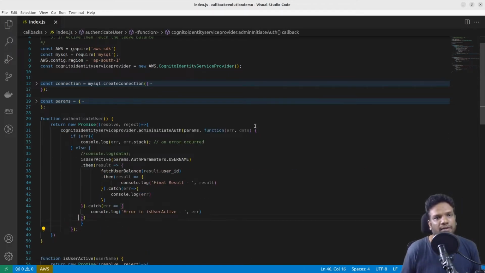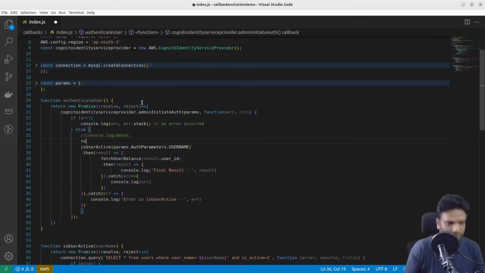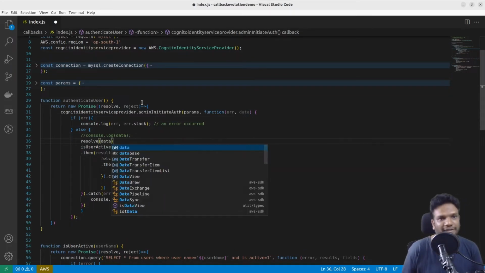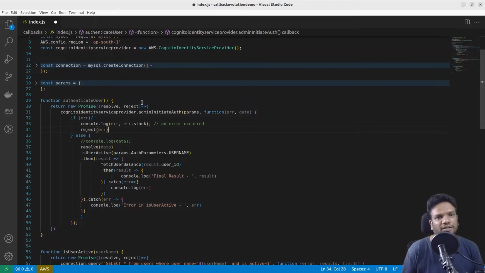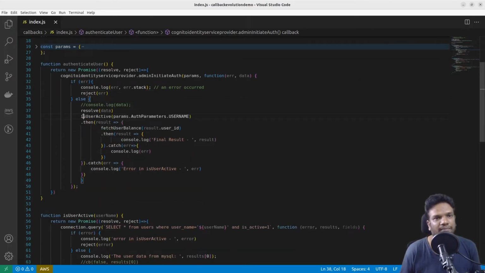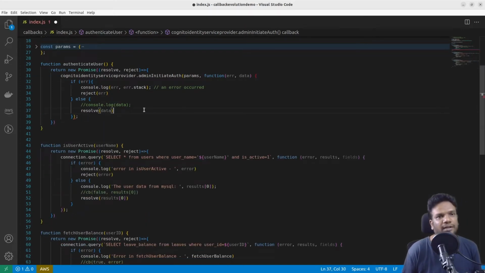Okay, so here, once we get the data, I'm going to resolve data. If there is some error, I'm going to reject with this error, and we are supposed to write this entire thing in a separate